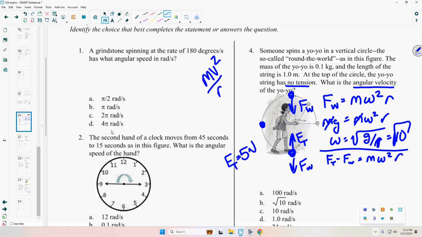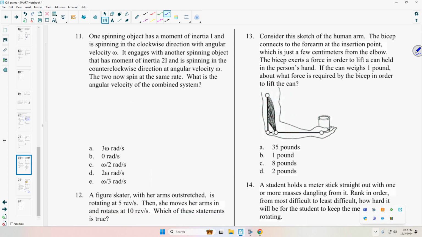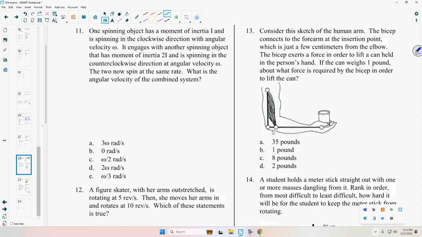Number 13. Okay, so this was a torques problem. I think that people missed it. It wasn't widely missed, but a number of you did. You just had to sort of estimate things. You had to estimate the ratio of this distance to this distance. I tell you that first distance,